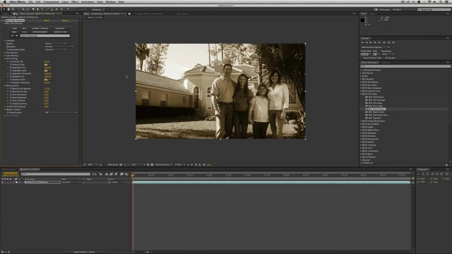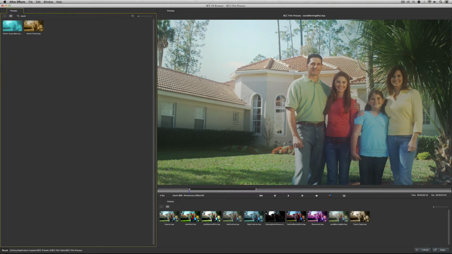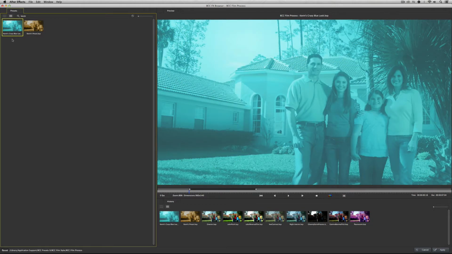There we go. Now I know that I've created a couple presets in here and I want to see which ones I've created. So let's head back to the effects browser here. And all I'm going to do is, again, I'm going to head back to the search here. I'm just going to type in the word Kevin. I'm going to hit enter, and here are the two presets that I've created. A very, very sepia look. And of course, my crazy blue look that I can apply just like any other preset by simply clicking on